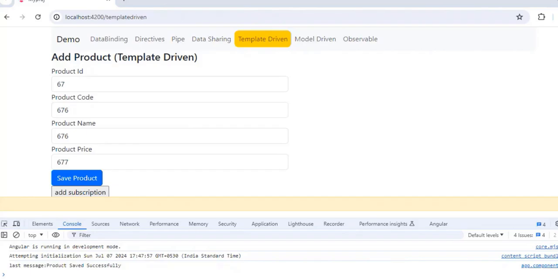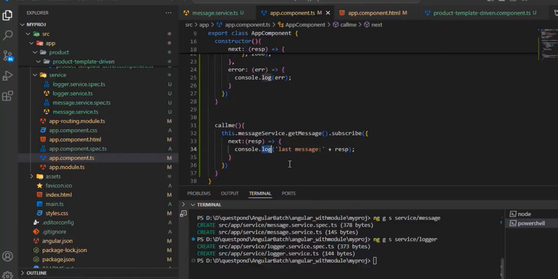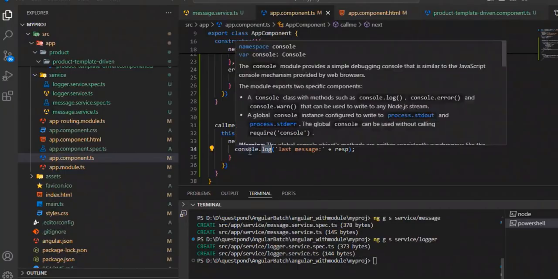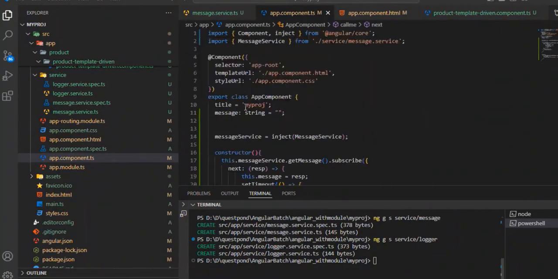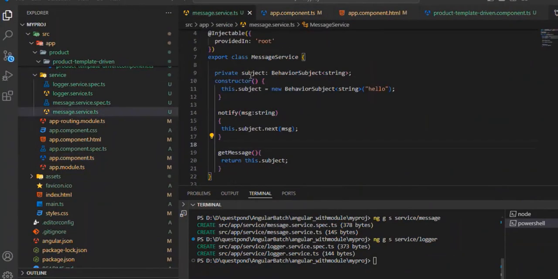Yeah, maintains the values. Exactly. So Nishant, you are very correct. If I use a replay subject, it will have both the hello and product saved messages available. Loop लगा के I can read it. Both messages will be there for me. Perfectly. See, if I change this to replay subject,